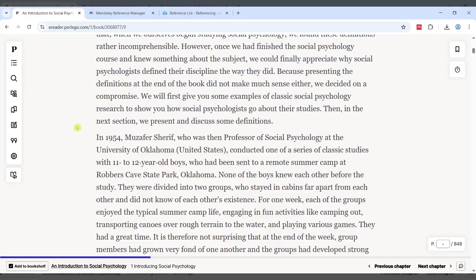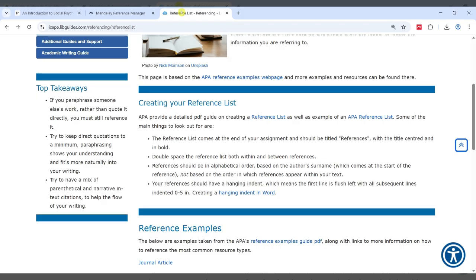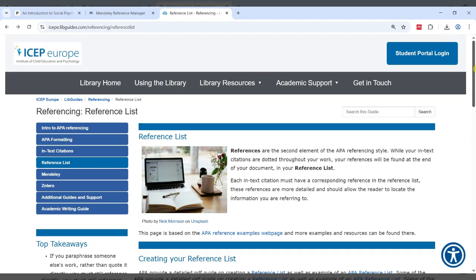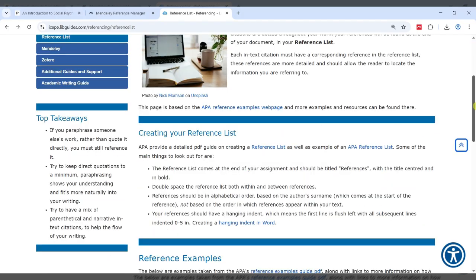And I suppose just to mention as well, the other tab I have open here is my referencing guide. So the ISEP library referencing guide. But I would just say you should always have some kind of referencing guide open as well, even if it's the APA website or if it's this guide or whatever works for you. It's just because, as we'll see in a minute, Mendeley, it's not that it makes mistakes, but sometimes it doesn't pick up all the data that might be needed.